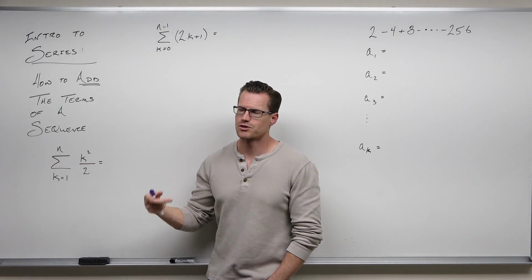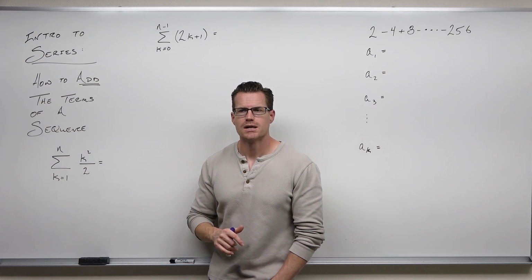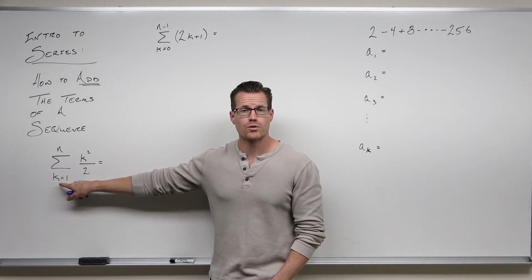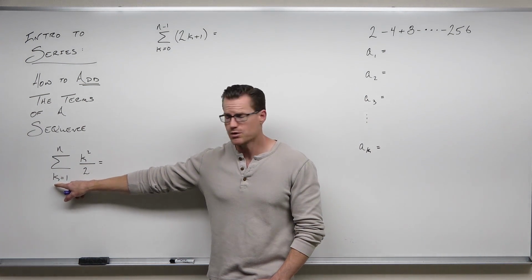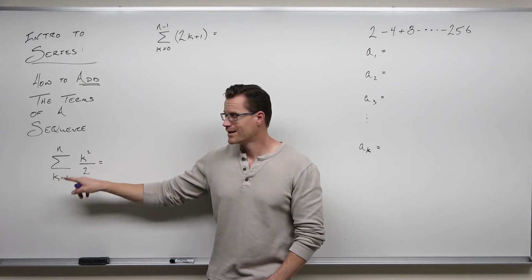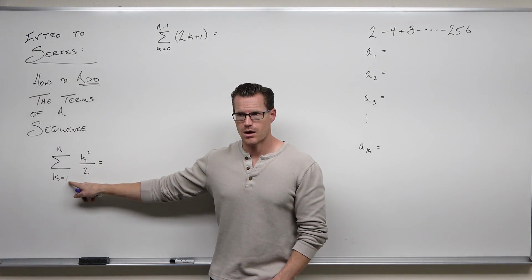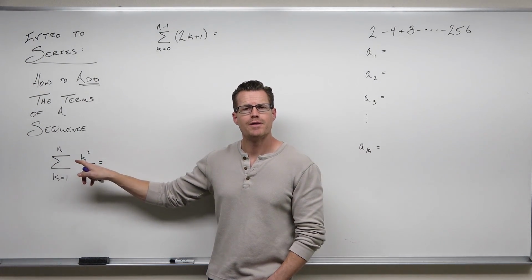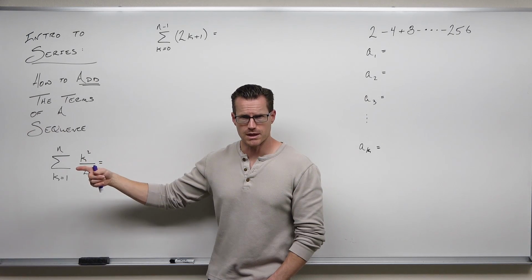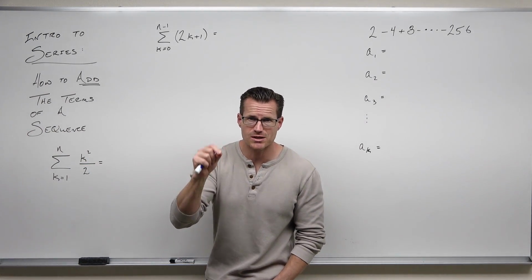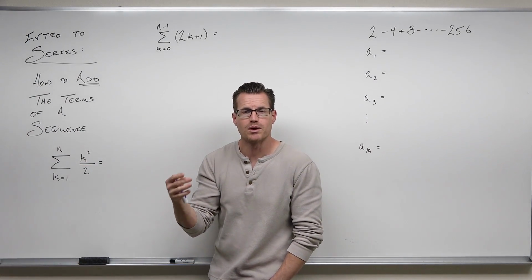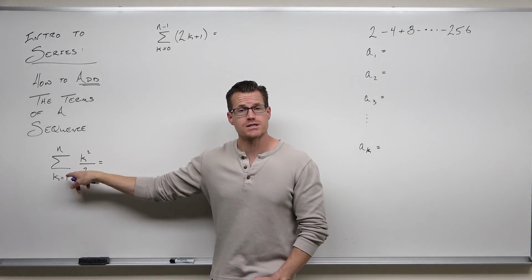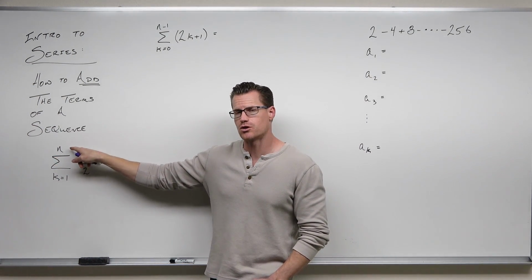Could you find the first, let's say, n terms of this? Well, if the series is telling you where to start, this says, I want you to look for your k, whatever this index is. Here's my k. I want you to plug in 1. Okay, I'm going to plug in 1 to this. It's going to give me my first term. Then I'm going to plug in 2 and 3 and 4. And the natural numbers, because it's based on a sequence. You don't plug in like 1.5. You plug in all the natural numbers because it is a sequence. You're just adding or summing it up until you get to that term.